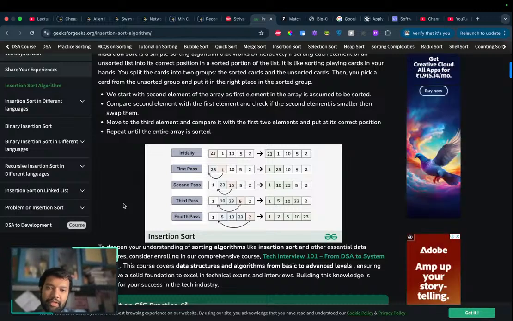Yeah, you insert the element into its correct place. Reach to 5, you start swapping, and at the end,